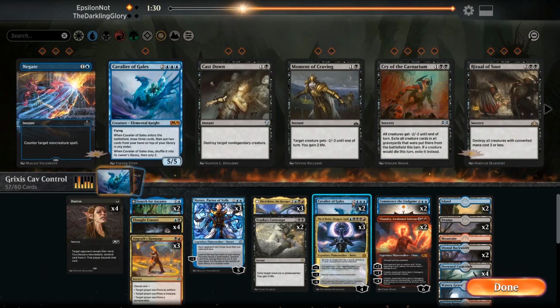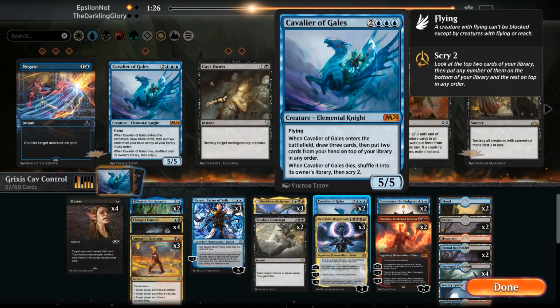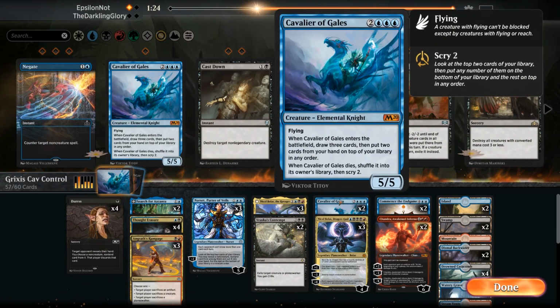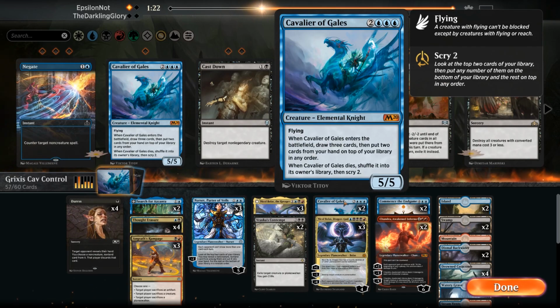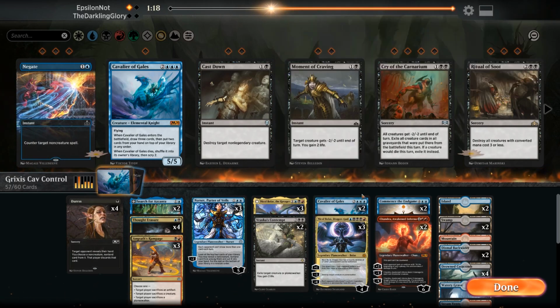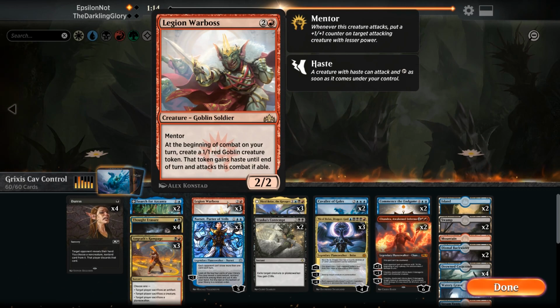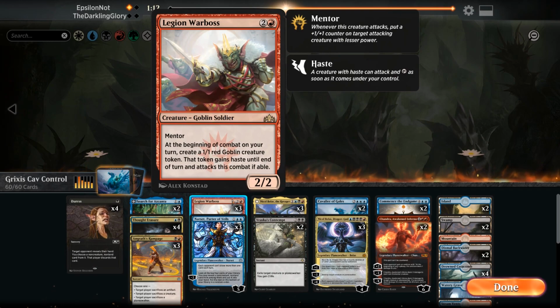I actually think I'm going to cut a Cavalier of Gales, which feels like blasphemy, but one of the ways that we could most easily lose the game is if we're trying to catch up and they've got a Narset down. We want our creature to actually be good in the face of Narset. And we've got plenty of other threats. If they board out their sweepers, they are going to die to this card, so...